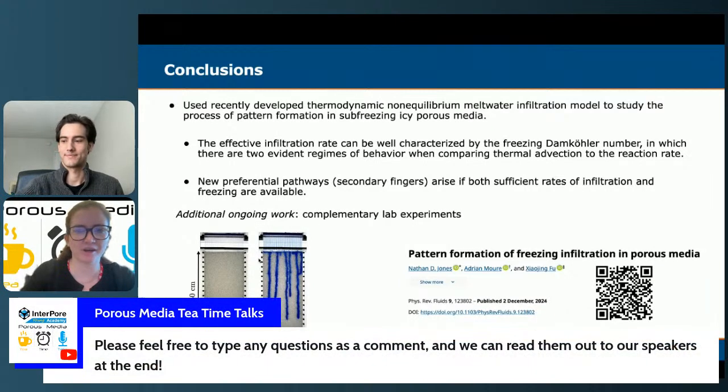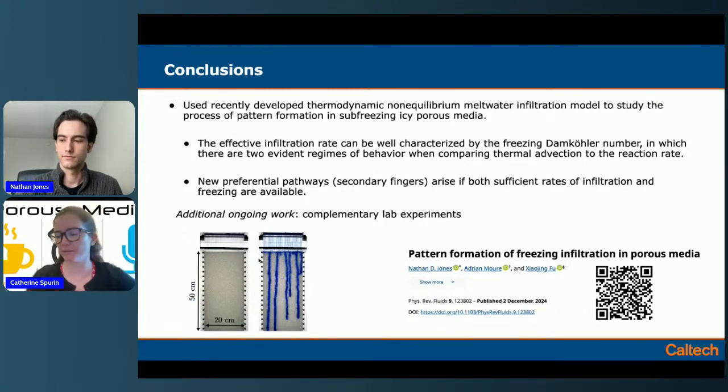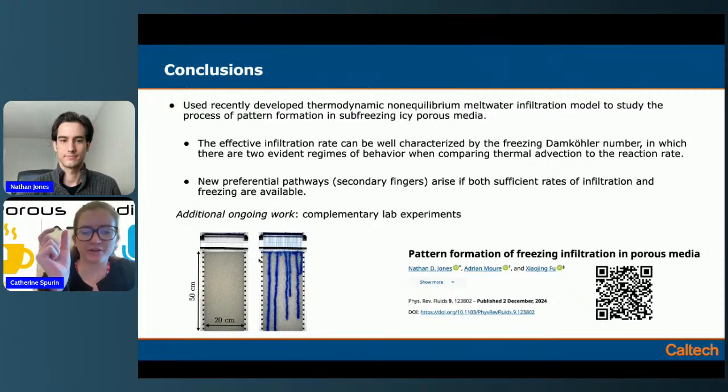That was really interesting. Again, if anyone from the audience has a question, they can type them in and I can read them out. But I was going to start with maybe a naive question. In your simulations, you have the formation of these fingers. If I wanted to upscale that work and do it over a much larger region, is there a way to average out the impact of the fingers, or would I need a grid size that always creates fingers of that size? I'm not sure if that makes sense.